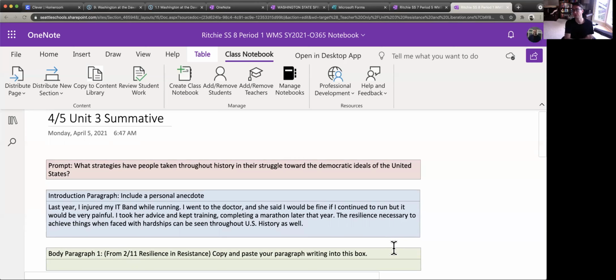Now I want to talk about the three groups. I want to make sure I introduce my three groups, right? So the three groups we looked at were the Pueblo natives, the colonists during the American Revolution, and our African-American group when they resisted against slavery. So those are our three groups. The resilience necessary to achieve things when faced with hardships can be seen throughout U.S. history as well. This is the Pueblo natives. We'll just jump right into it. The Pueblo natives,